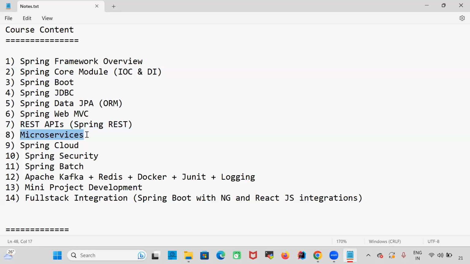How to develop our application by using microservices architecture. Earlier, people developed projects by using monolith architecture, that is an outdated technique. So today, people are migrating from monolith architecture to microservices architecture. How to implement microservices based application and how to implement microservices by using Spring Boot, that we are going to